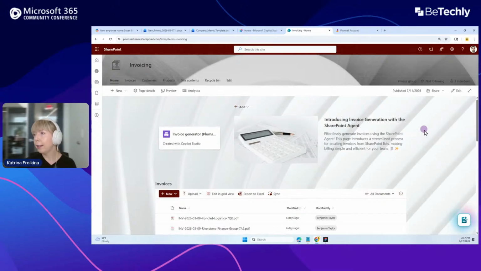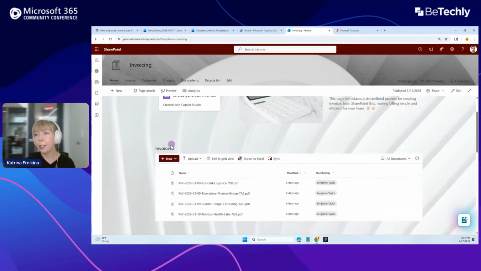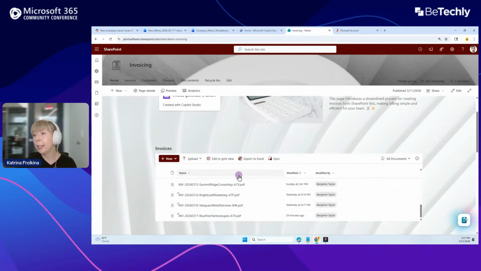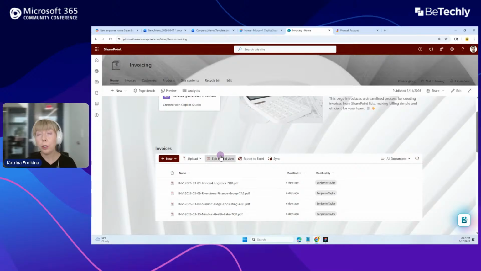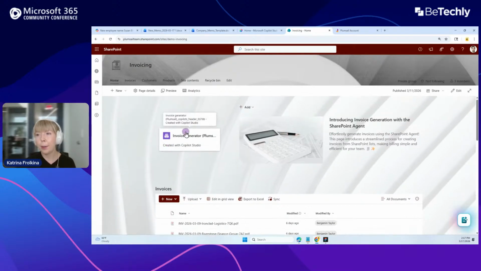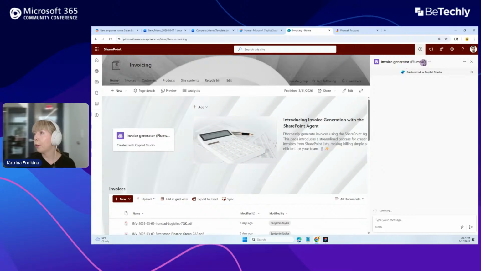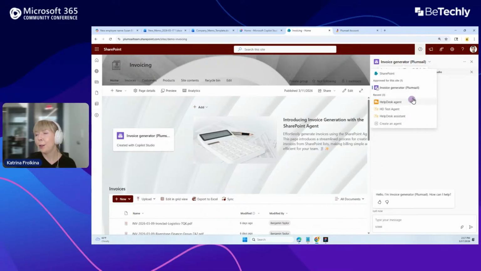Here we have a little announcement that now you can use SharePoint agents to generate invoices. We also have the documents library that I added here as a web part, where we can see all the latest invoices that were generated with our Copilot agent. And here I have a nifty button that will call specifically this agent when we click on it. So you don't have to go to the toolbar and look for, well, this one already has our agent, but usually it would start from a regular Copilot,